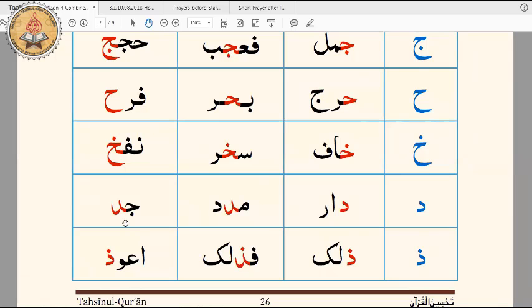And again, if it's at the end of a word and the letter before it can join to it, then it will join in the same way as it did in the middle. If it is after a letter which cannot join, then it will be written by itself. So if we go from here, Dal,